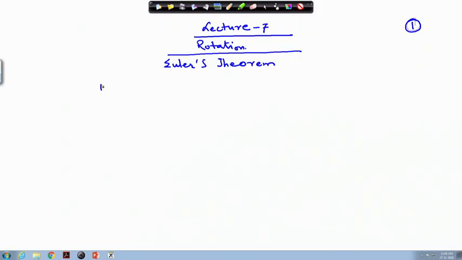What we saw is that if we assume this matrix P to be of the form cos phi I plus 1 minus cos phi times A tilde A tilde transpose minus sin phi times A tilde cross, this is identical to the C matrix we have been trying to prove.